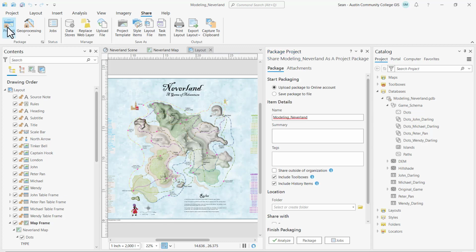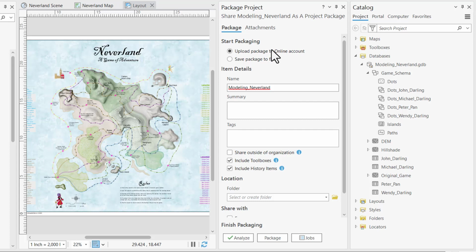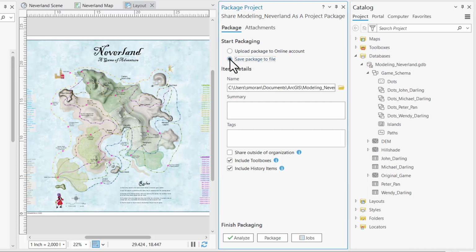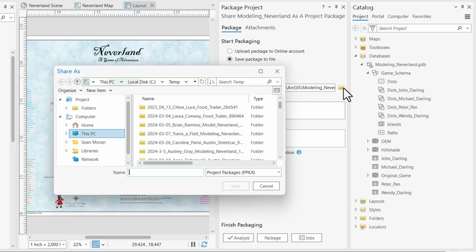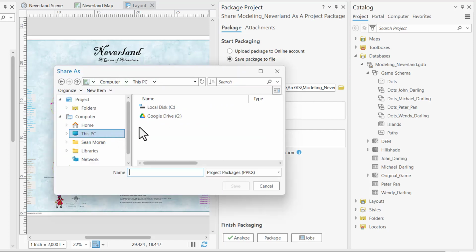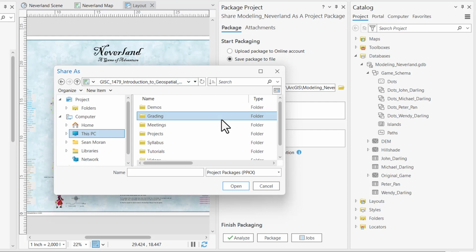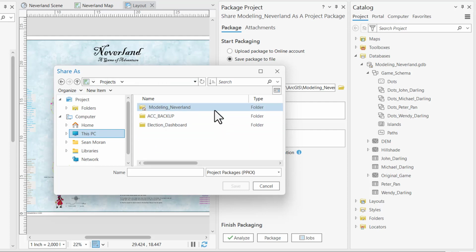That opens the package project pane. The first thing I need to do is under start packaging, change it to save package to file. So I save it locally on my computer. And then I'm going to click on browse where name is. I'm going to browse to my project folder. And then I'm going to name my project package, which is going to be the name plus appended to that is going to be the extension